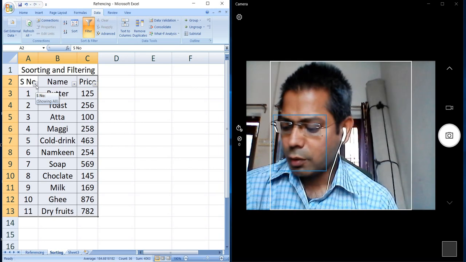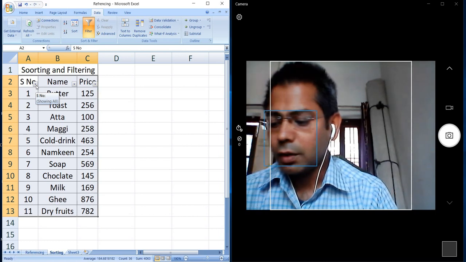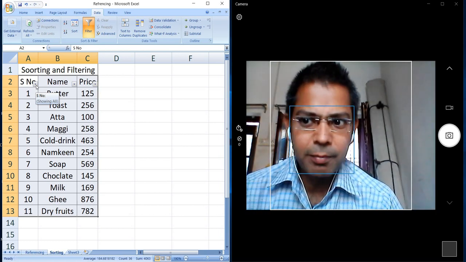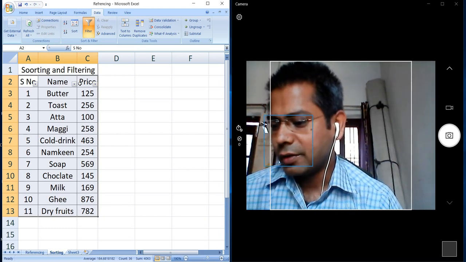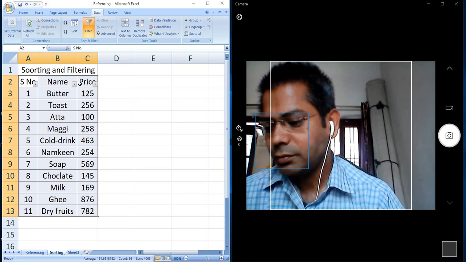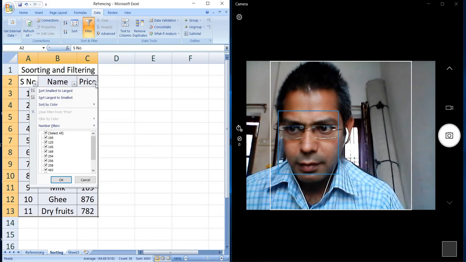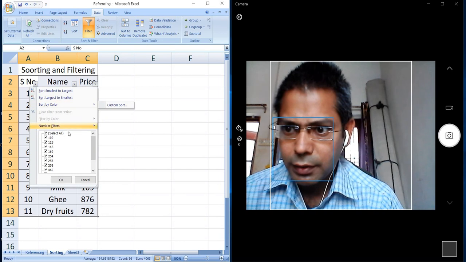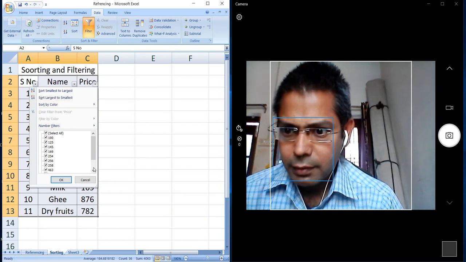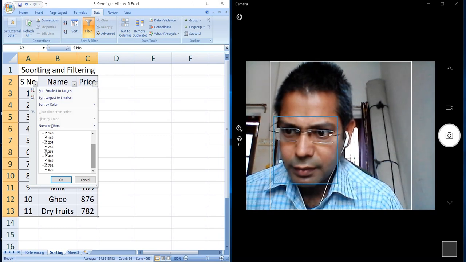Arrow button in the column header, and then click on the text filter or number filter. Now here are the serial number, name and prices. I have taken another example. It is easier to make you understand. Then afterward, here we have taken the price. Sort largest, sort by name, filter. Here all are the selected more than 501. Suppose I select.